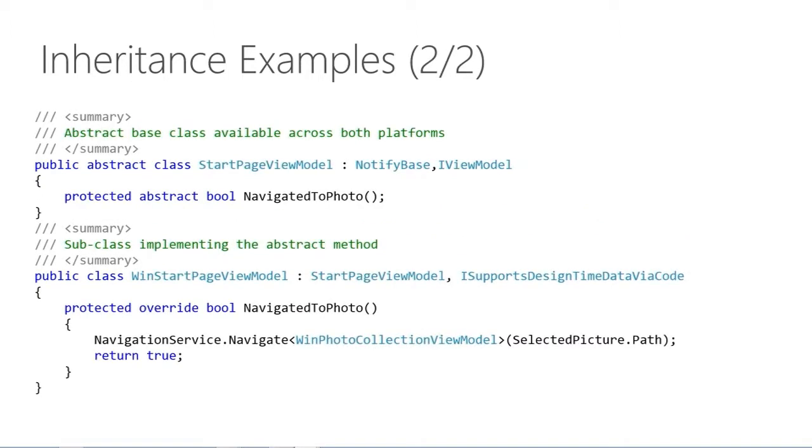This is another one. This one is from the main page view model base class. And here you can see we have an abstract class, and so you could never actually define an instance of that. In this case, it just wouldn't make sense to do that. There's not code in there that would make sense. And there's also an abstract method as well. And so in this case, you would want to derive from that and then also override that method so that you did your own method as well. And so navigate to photo. I think we saw this one earlier as well. So two ways to do that. Let's have a quick look at those